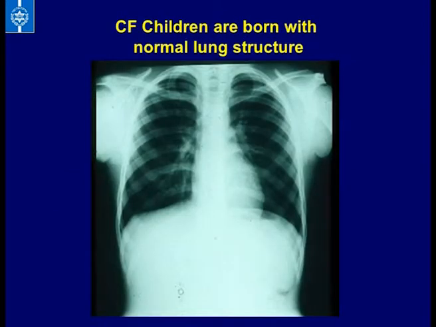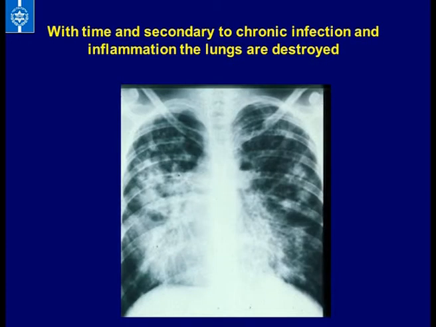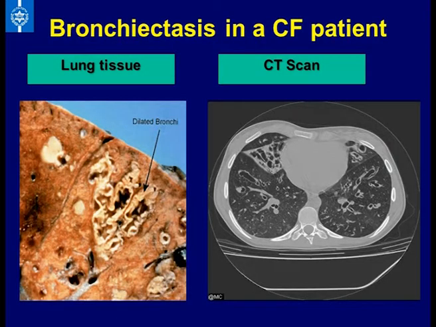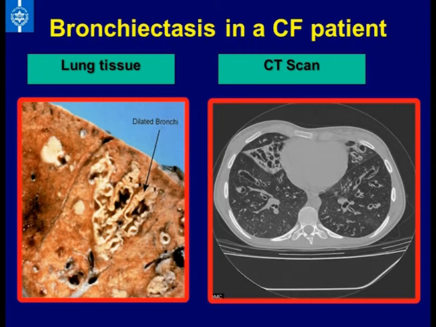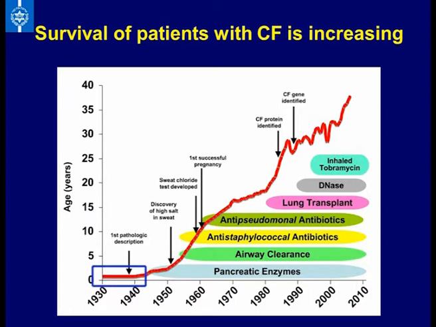No structural fault in the lungs can be detected in a child born with cystic fibrosis. But with time, as a result of recurrent infections, bronchiectasis develops. Bronchiectasis is the widening of the bronchi, as can be seen here in the lung tissue and in the CT scan. When cystic fibrosis was first described in the 1940s, infants died within the first year of life from malnutrition